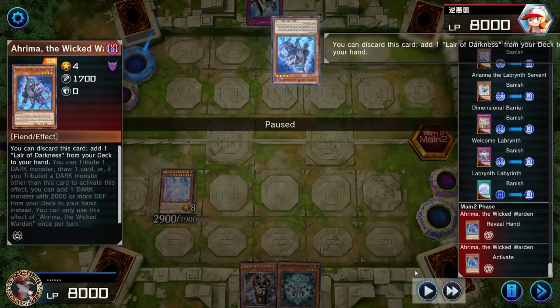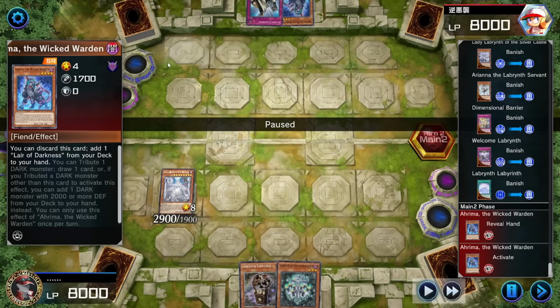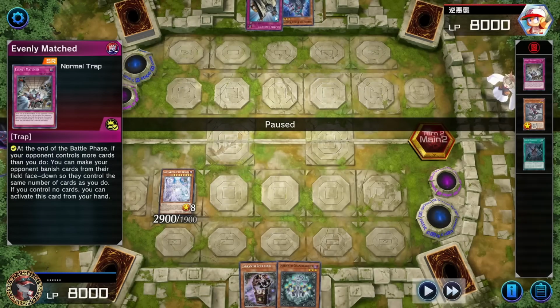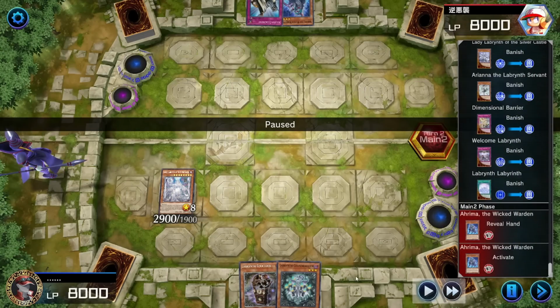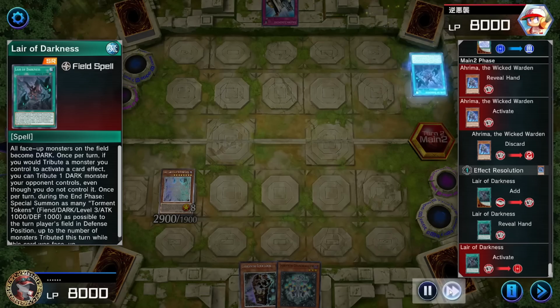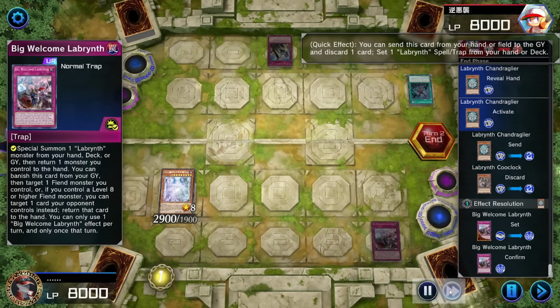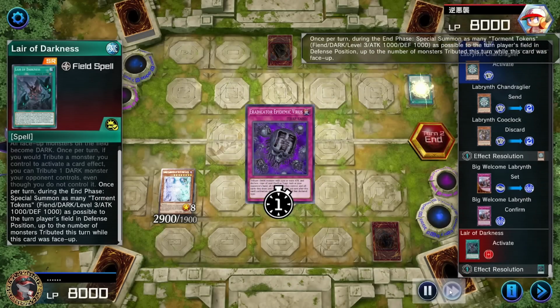Holy moly. So even after an absolute perfect setup, which would decimate any deck we play on the ladder, we somehow played against someone that had no spells for us to destroy with the Eradicator and was still able to evenly match us. But it's okay. So let's do this up. He's got the field spell. He's got nothing. So we're going to end phase, set up the big Welcome Labrynth,